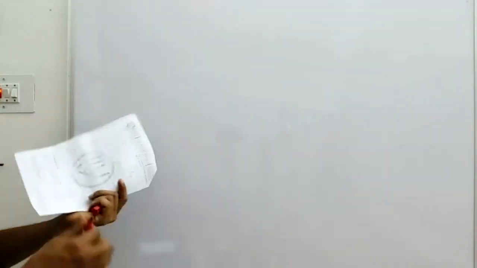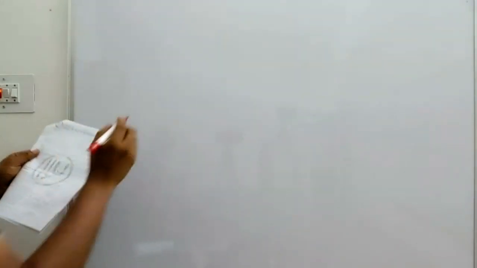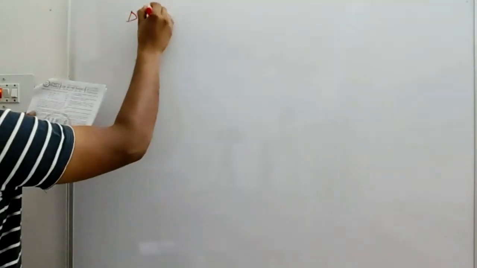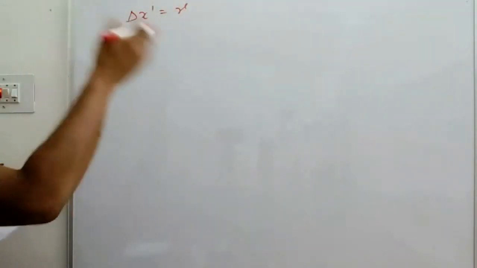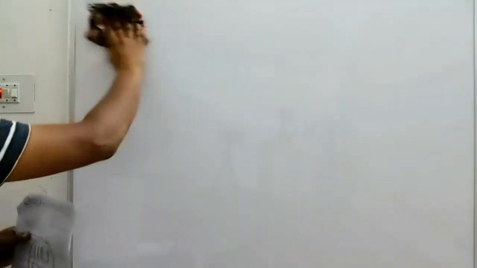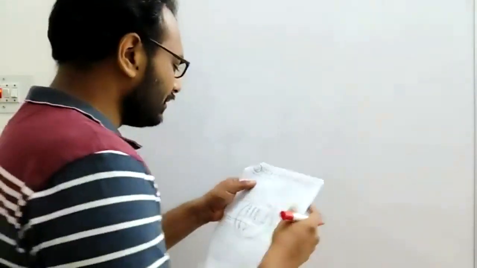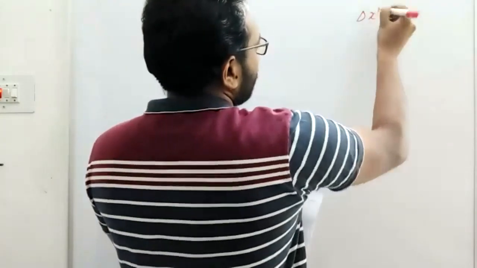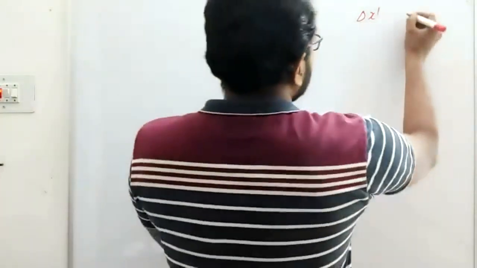In the last class, we discussed special theory of relativity. In particular, we saw that the correct transformation equations between coordinates have to be of this form. We'll write it in differential form because that's easier for solving problems. Because the transformations are linear, you just substitute x by delta x and t by delta t, and you get the correct equations for the differentials. Okay, so delta x prime is equal to